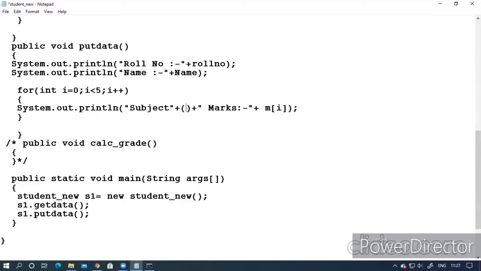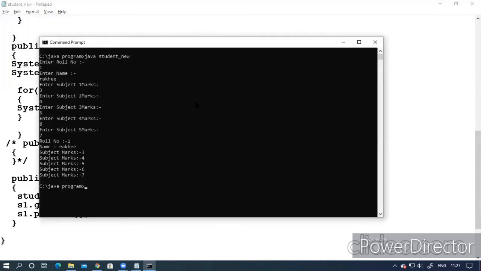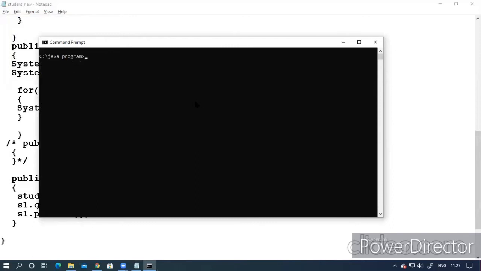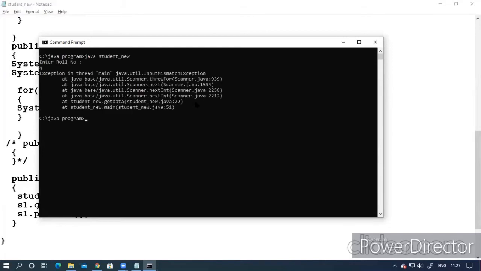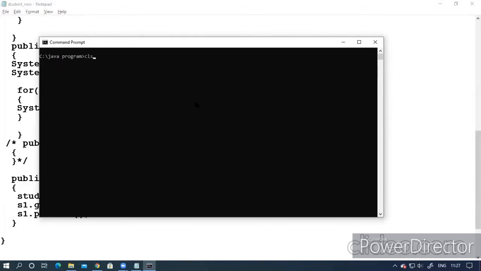I had inputted a character in an integer type variable.